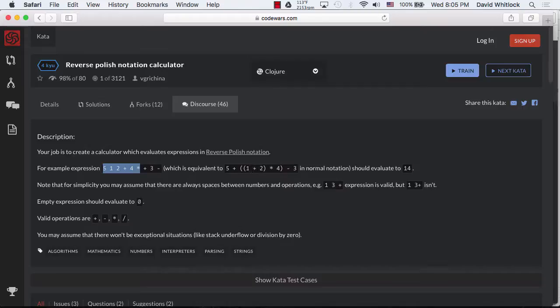If anybody has ever used Hewlett-Packard calculators, this makes complete sense. My wife, who's an actuary, thinks this way. I'm like, that's the craziest thing I've ever seen. Anyway,